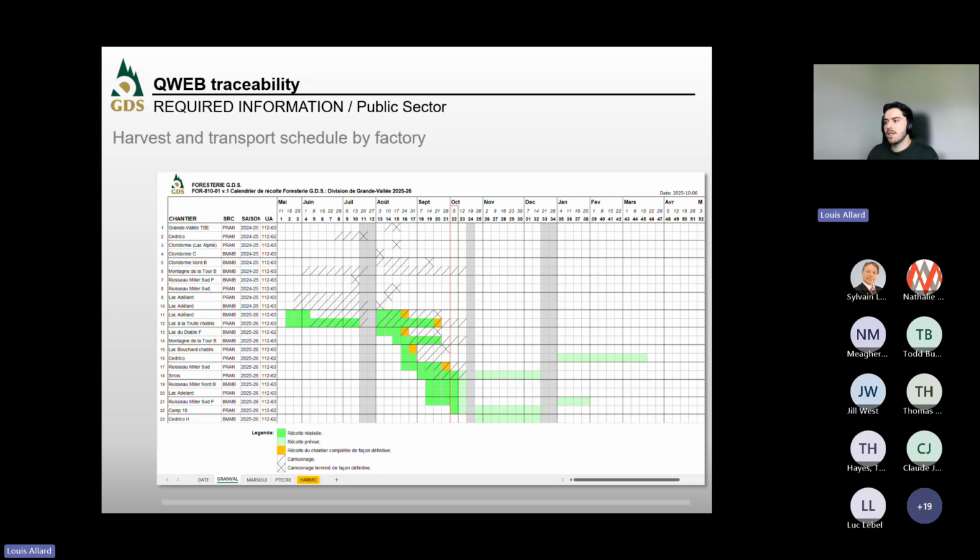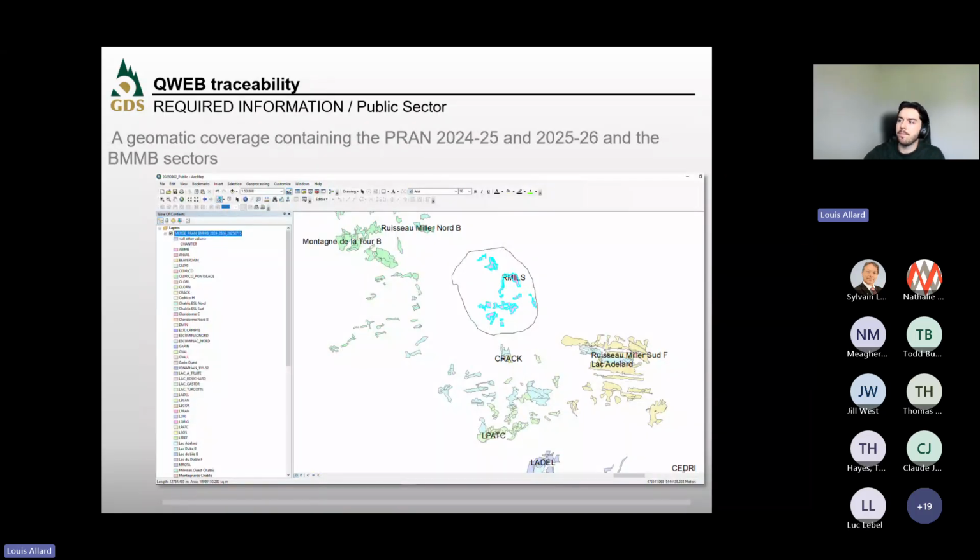So the way GDS works is they have a calendar of all the harvests that are happening. All the wood that's delivered, not to the platform, but to their mills, is being tracked. So for any given week or month, GDS knows from what different harvest sites the wood is coming. Using this information and this schedule,